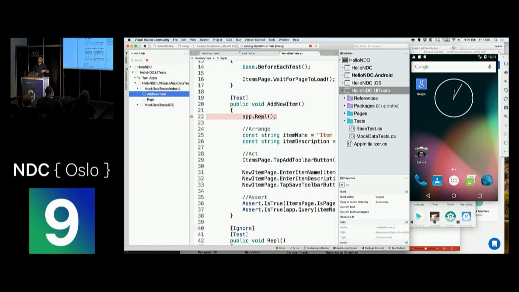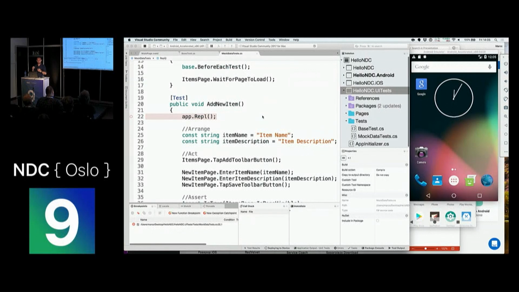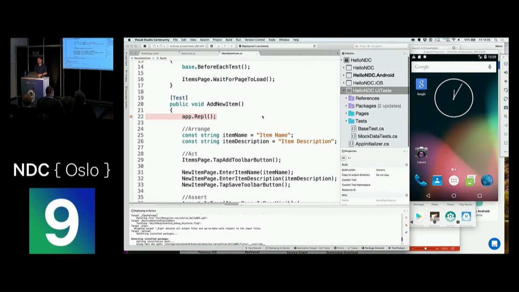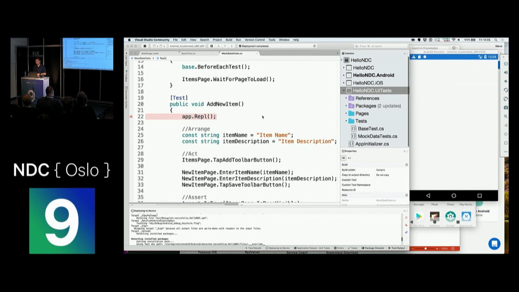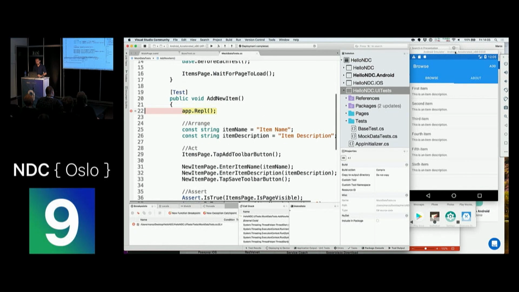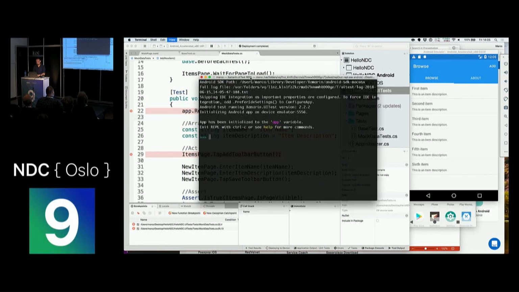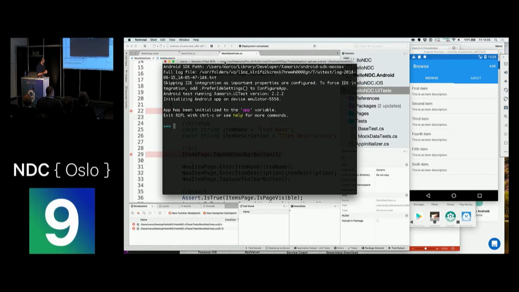And what you'll see right now is that the application will actually run inside of the emulator. And I'll be able to spin up the REPL, and I can just click around on the items inside of the emulator. And this is everything to do with Xamarin UI test. So there we go. OK, I've hit my breakpoint, and when I hit continue, I would actually expect the REPL to pop up.